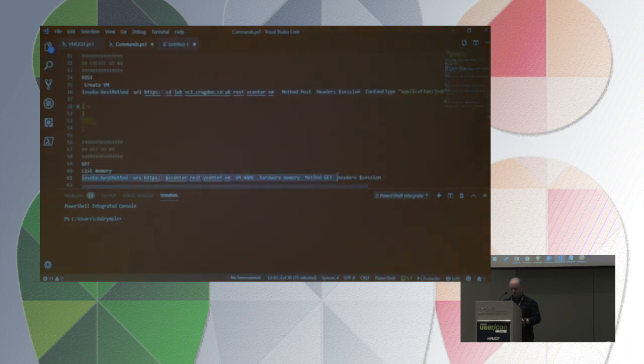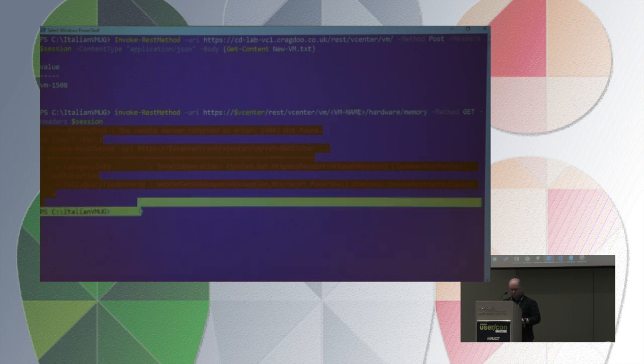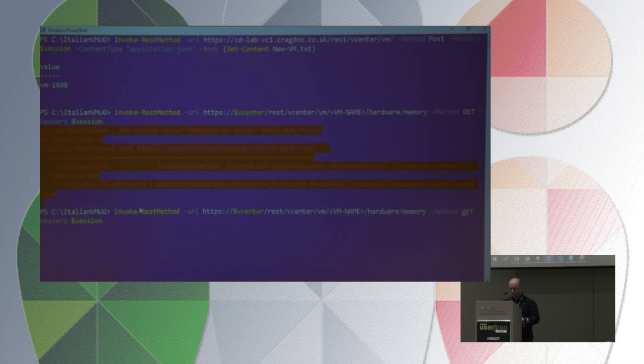Now, see if I can spot the deliberate mistake coming up. So if I do that, I'm going to get a 404 not found because I haven't defined the VM that was created there. So there's a tip for you: 404 usually means it's not created. So if I go back in here and use VM